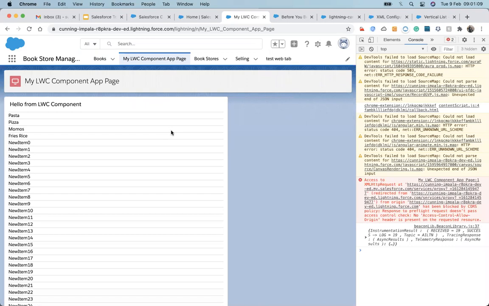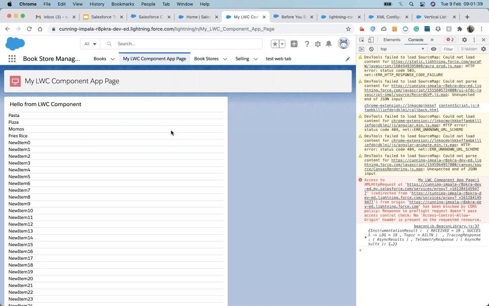No, it can be used elsewhere. It's a bookstore manager as a Lightning Web Component, and under that there are objects and things like that. You can use that Lightning Web Component at any place. You can use it as an application, or in a record detail page. You just have to change the metadata meta XML file, and you can use that component anywhere.